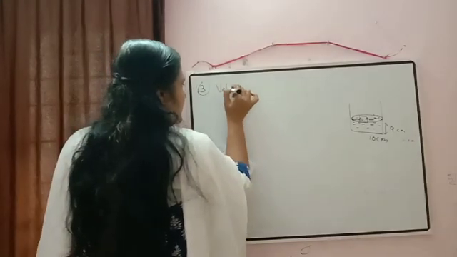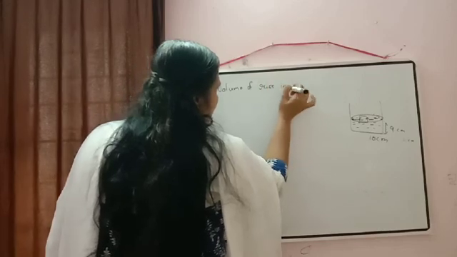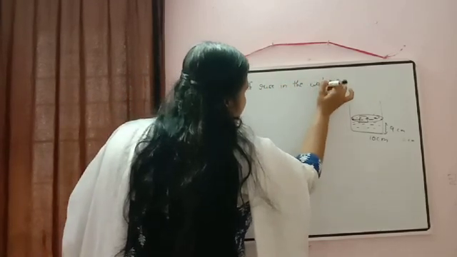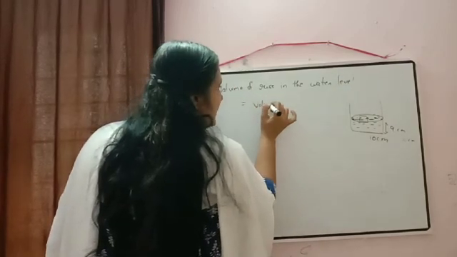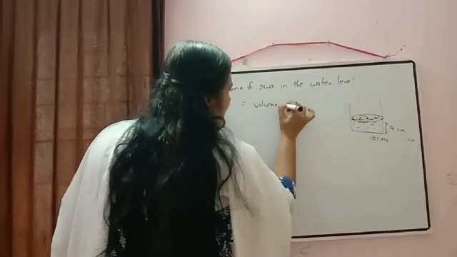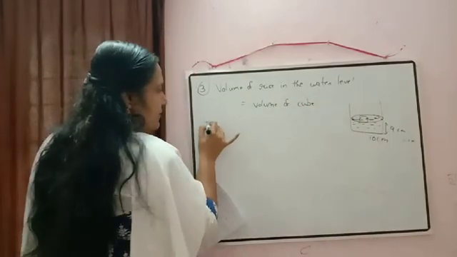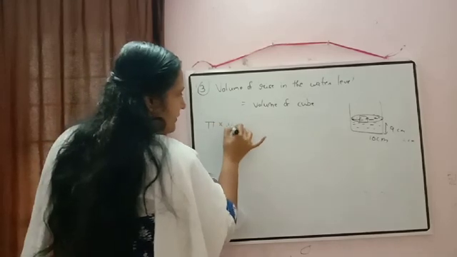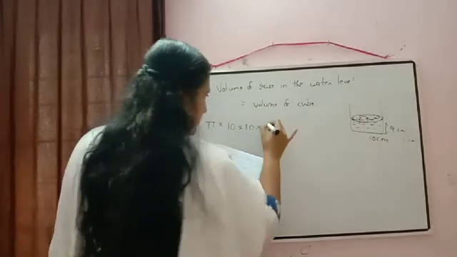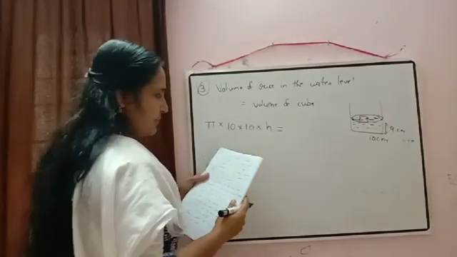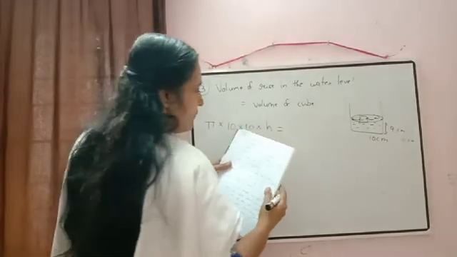Volume of rise in the water level is equal to volume of cube. Don't add the two heights there. Okay. Volume of cube. So our water level is in the form of a cylinder only. So pi into, what is the radius given? 10. So 10 into 10 into height. The height we have to calculate is equal to, rest everything given in centimeter only, then equal to volume of cube.